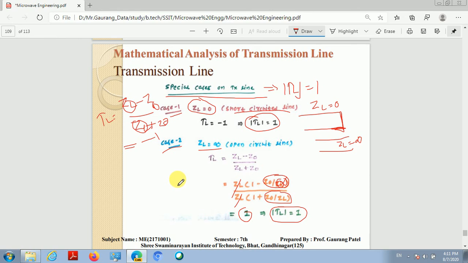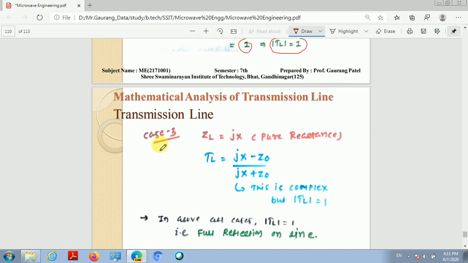And another case, case number 3, when the load impedance is pure reactance, that is ZL is equal to jX. jX is a pure reactance, मतलब impedance में real part 0 है, हाँ ना, real part क्या है? 0, because हमें पता है कि impedance is the combination of real part as well as imaginary part or reactive part. That is Z is equal to R plus jX. And here, if you consider the load impedance in which R is equal to 0 and there is only reactive part or pure reactance, so in that case also the magnitude of the reflection coefficient is unity.